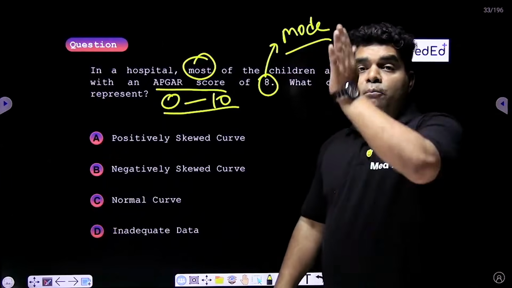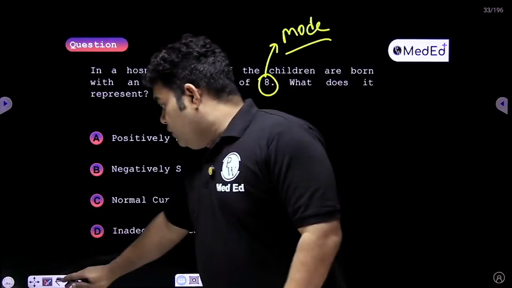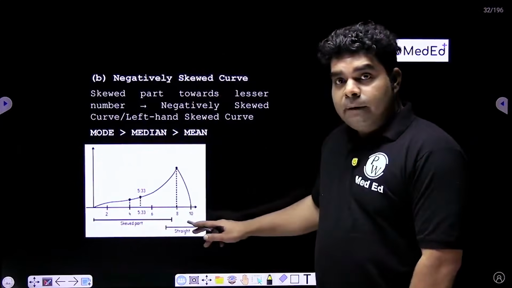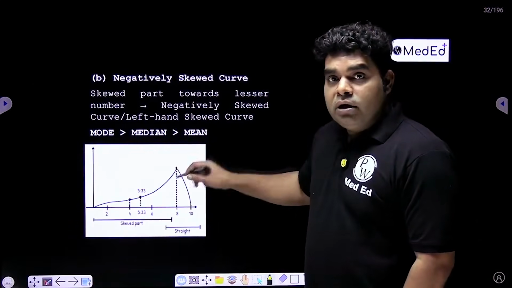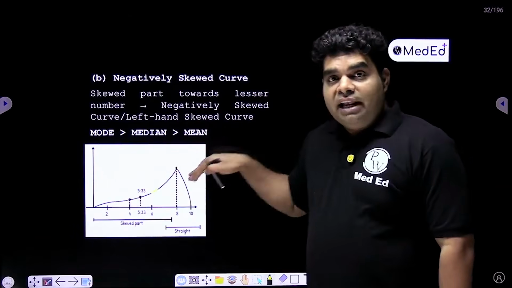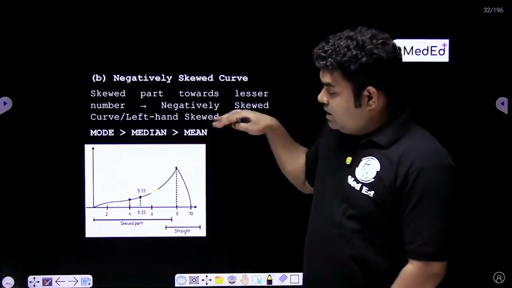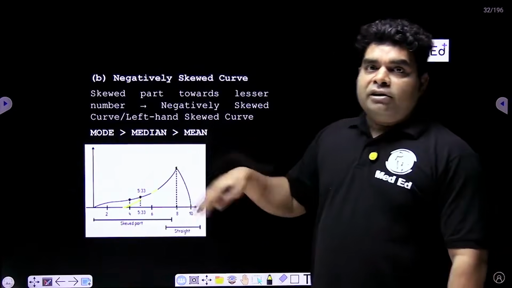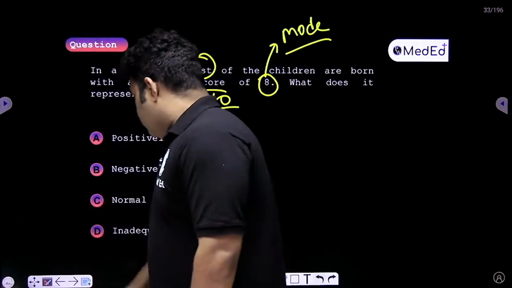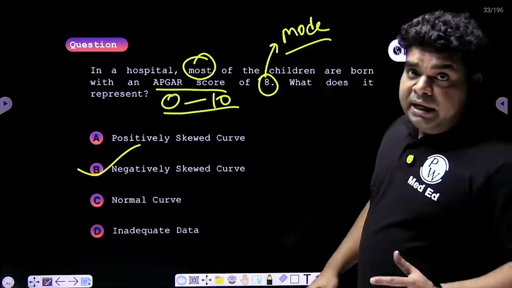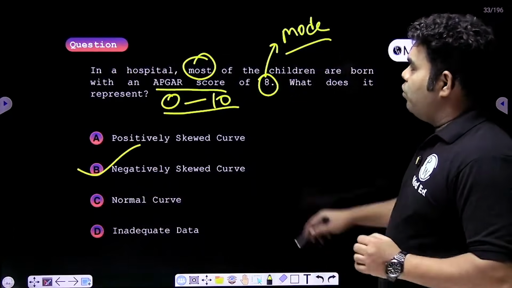Remember, mode is the topmost point of the curve. So if you draw an imaginary curve, it will come like this. 0 to 10 is the range and topmost point 8 is the mode. So the skewed part is between 0 to 8, which is lesser number than 8 to 10. So this is a negative skewed curve or left-hand skewed curve because the skewed part is towards lesser number. So this is negatively skewed,